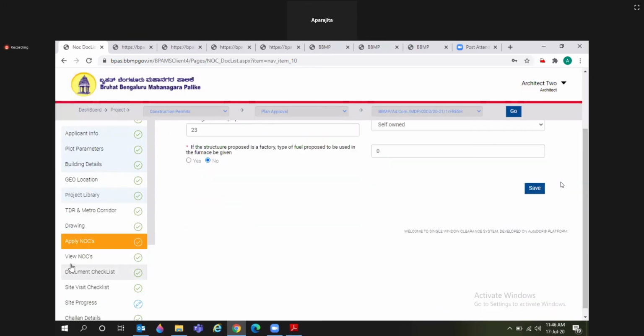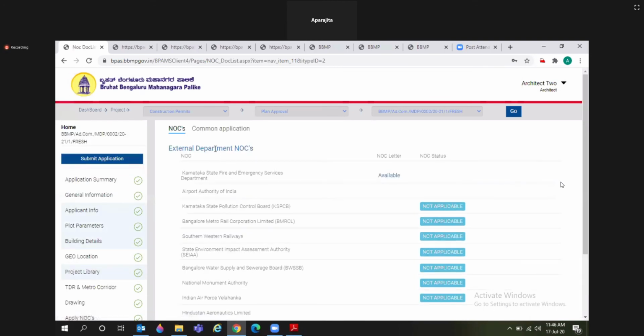Click on save, and from the view NOC option, you can see the status of your NOC.